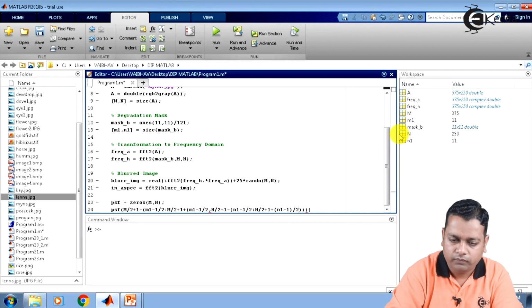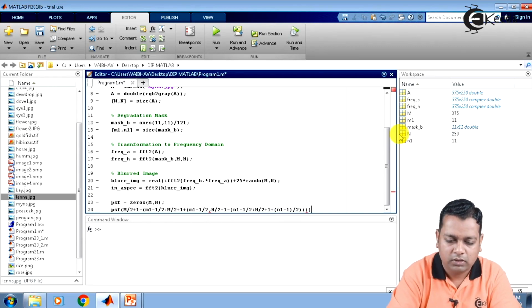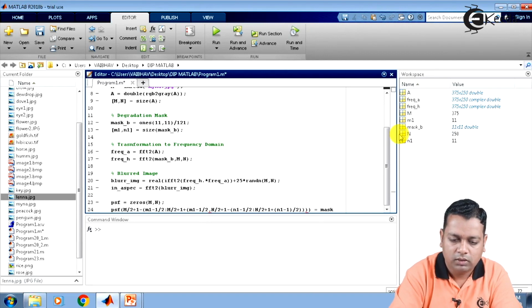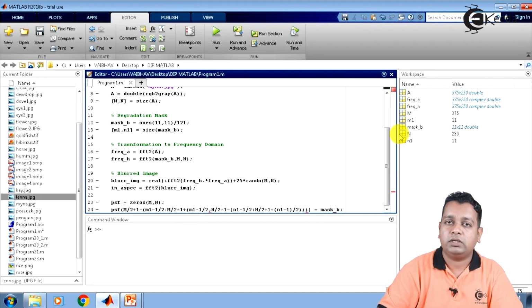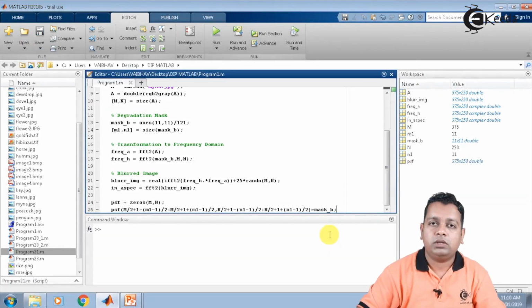So this shall be the assignment of the mask_b that we have made. So this much we save, and let us check whether it is error free or not. Here we have the error free program.